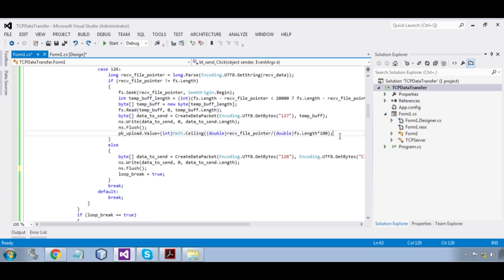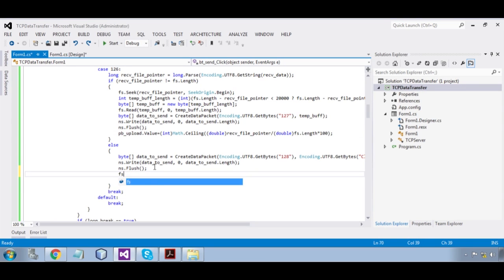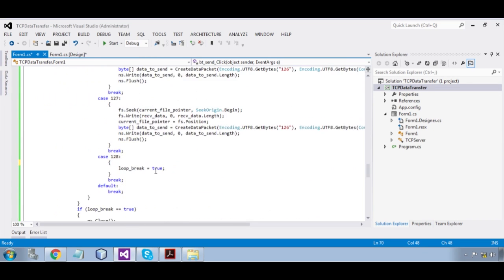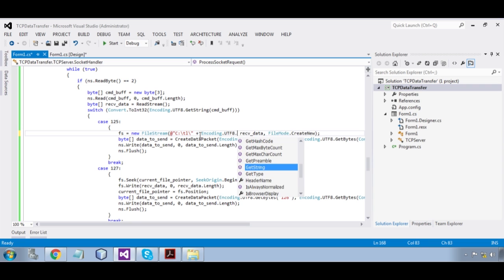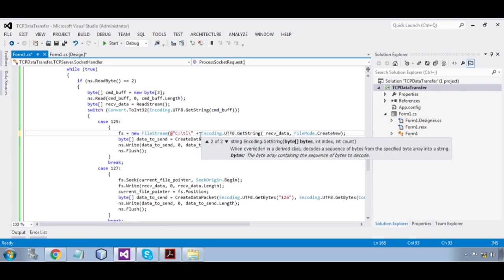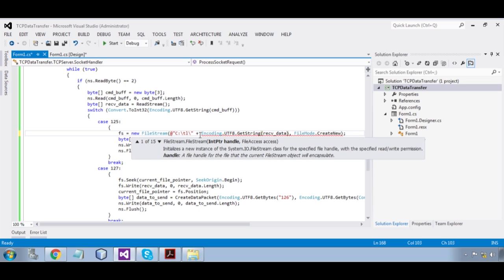Now we need to close the file stream object from client and server code. fs.Close. Okay, now go to the server code. fs.Close. Okay, look for any error. Okay, that is a byte array. We need to convert it into a string, Encoding.UTF8.GetString, bracket. Okay,